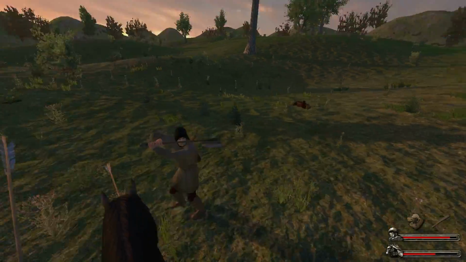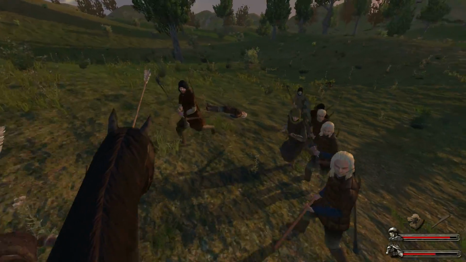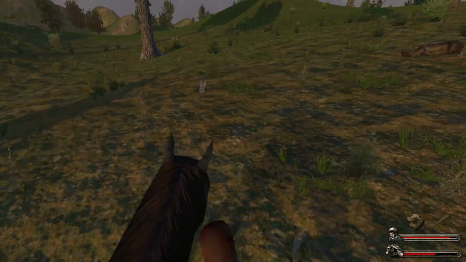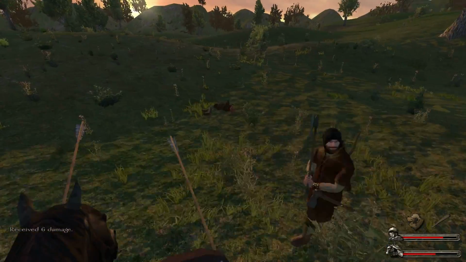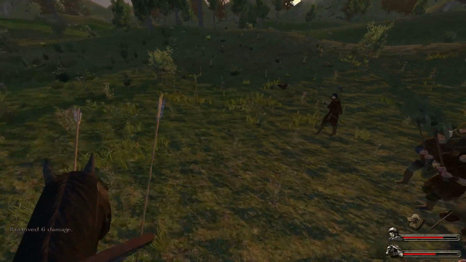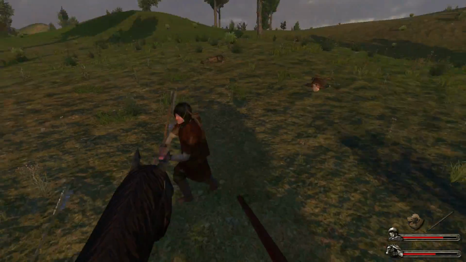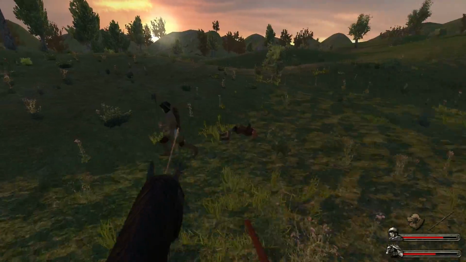So remember what I was saying earlier. Hitting them with a horse is actually just as good as hitting them with a weapon because it actually gives them a chance to... Ow! That wasn't scary. Okay, we'll switch back to the polearm. No, he is already battered up swing. Hitting them with a horse is actually just as good as hitting them with a weapon because it actually...